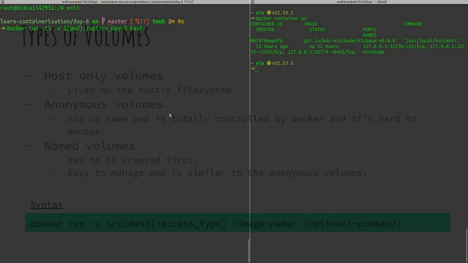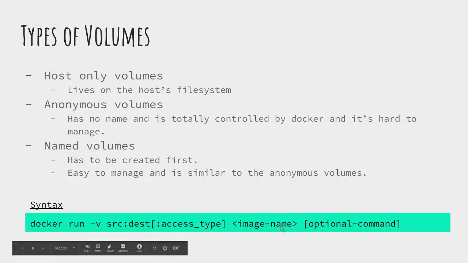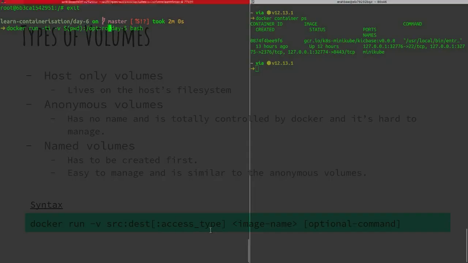So as you can see in this, we can give the access type. It's optional, but if you want to give it, you can give the access type. So I'm using the RO type, so the volume this time gets mounted as a read-only volume. Let's run this again, and I'm going to copy the container ID this time from here only. No need to write another command. Let's see the OPT, nothing special here. We'll see the file again,